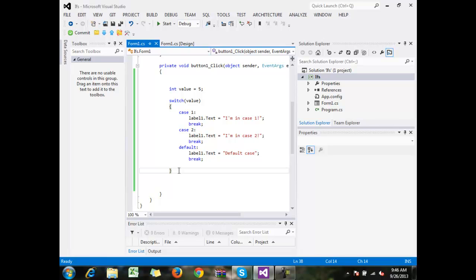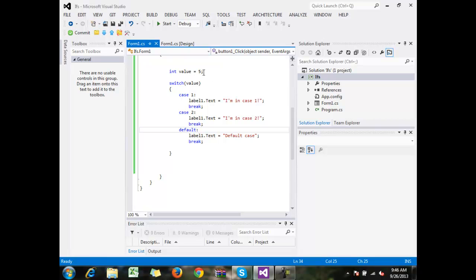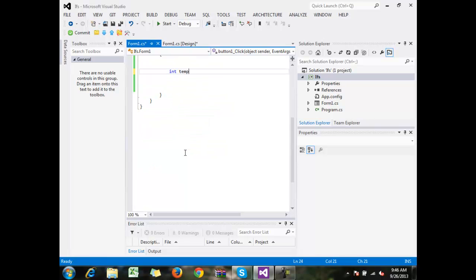So let's say, what's a good example there? So let's say, oh, okay, let's do this. So this is a good example of using a switch. So when we have certain values, but let's say we had an integer variable called temperature, okay, and let's make that 20. So this is 20 degrees Celsius. So we could say something like, now let's look at combining if statements. So we'll say if